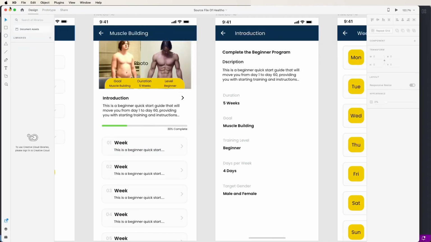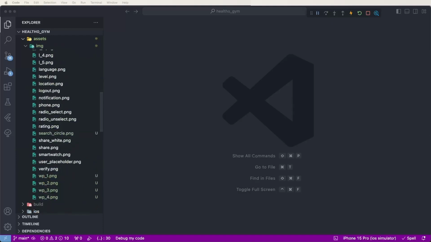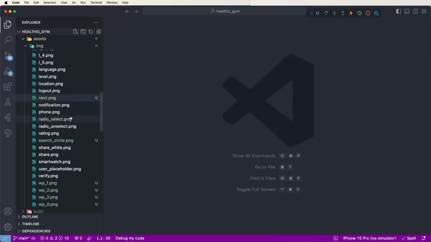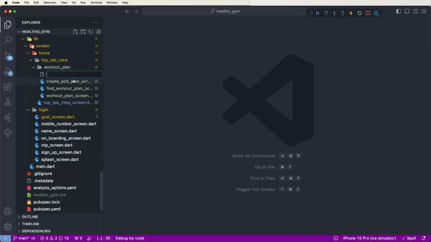First of all, we need to create the new screen, and also import the needed image. First of all, we need to give the next button image. Now we need to go inside the workout plan folder and create a new file, and give it the name workout